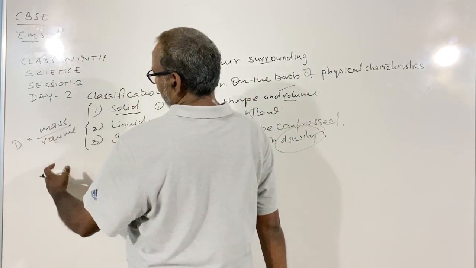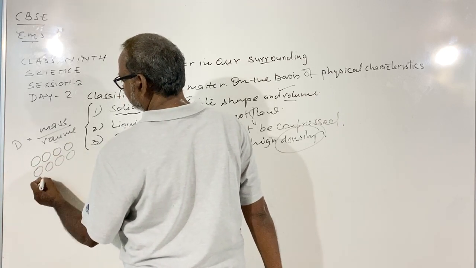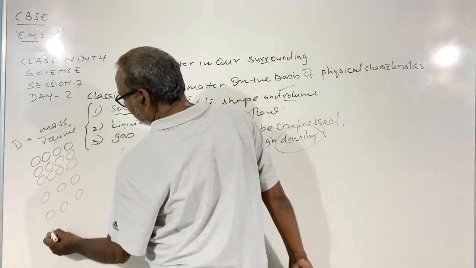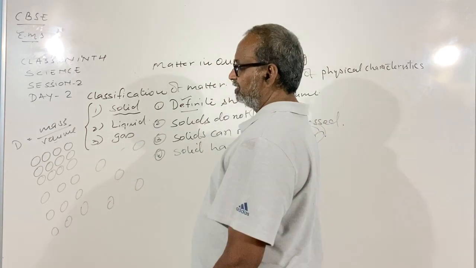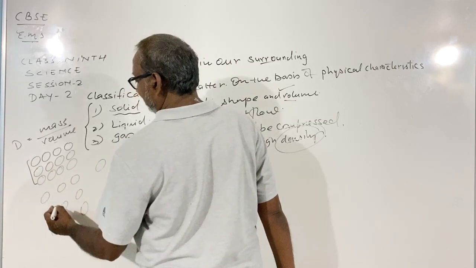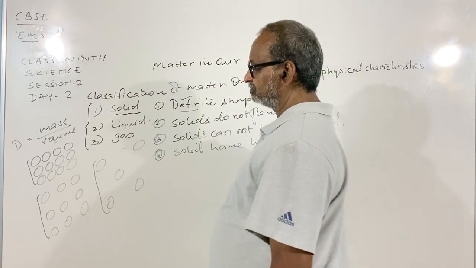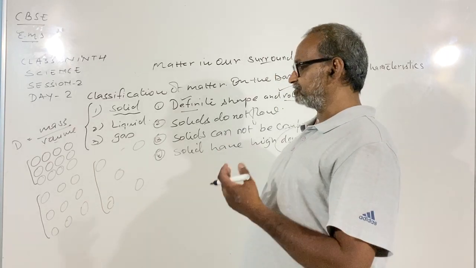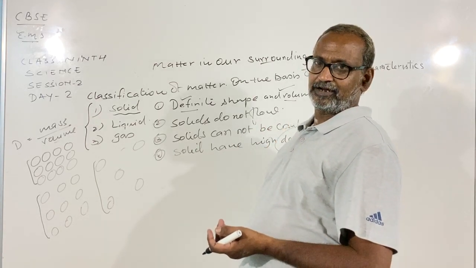And obviously the density depends on the packing of particles. Since in solid state the particles are packed very close as compared to the liquid and gas. Therefore, the mass of given volume of a solid is always greater than the mass of given volume of liquid or gas. तो किसी भी substance की density solid state में अधिक होती है, लिक्विड की डेंसिटी कम होती है और गैसेस की डेंसिटी सबसे कम होती है.